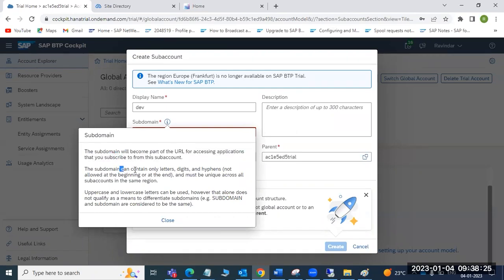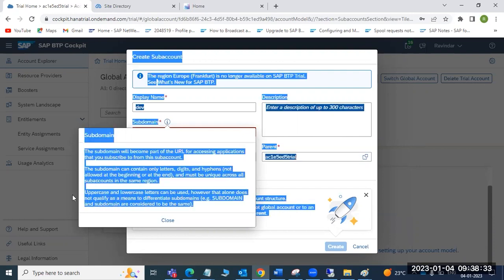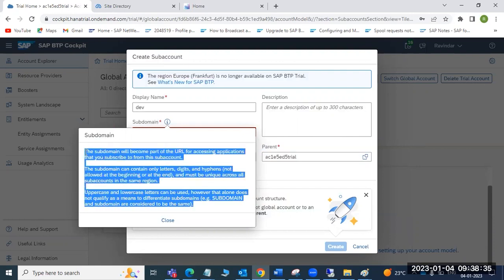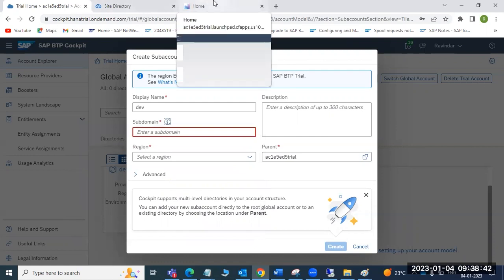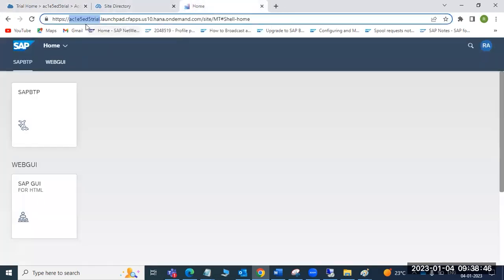The subdomain can only contain letters, digits and hyphens; other characters are not allowed. Okay. So you have to follow our organizational standards, whatever the customer wants the site name to be. Some people want something like my company Fiori dot something, right? So the site will come like that.